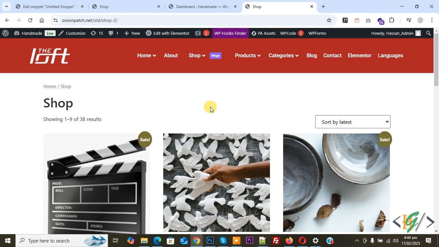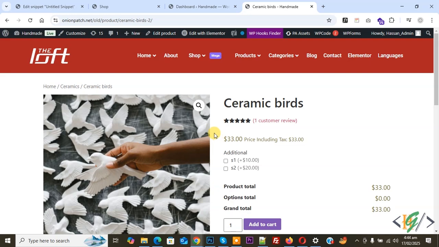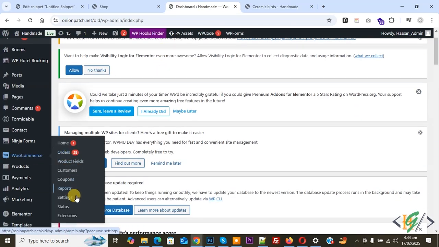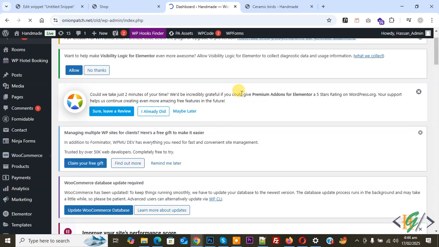So we are in shop page and we are going to apply tax on all product or specific product for specific country in WooCommerce WordPress. So we are in shop page. Now open any product. So this is our product. Now go to dashboard. On left side you see WooCommerce and then you see settings. So click on it. So we are going to apply tax or VAT for US United States country in WooCommerce